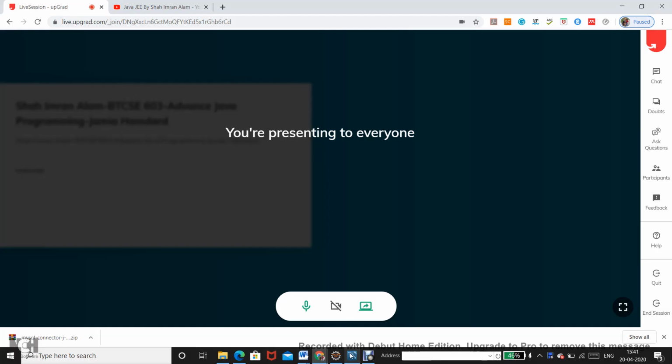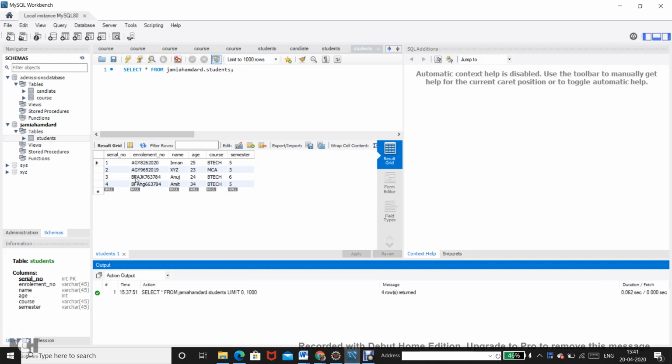Okay, let's go back to where we started. My student table in the Jamia Hamza database contains serial number at column number 1, enrollment number at column number 2, name at column number 3, age at column number 4, course at column number 5, and semester at column number 6.